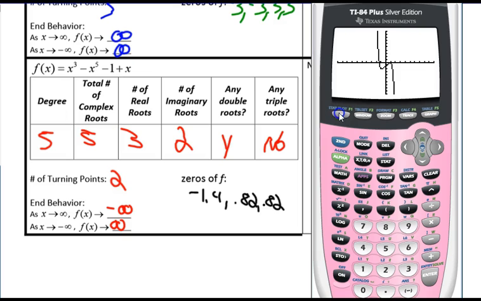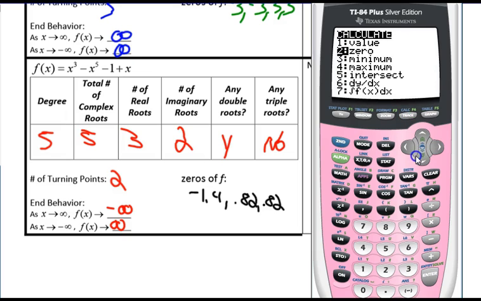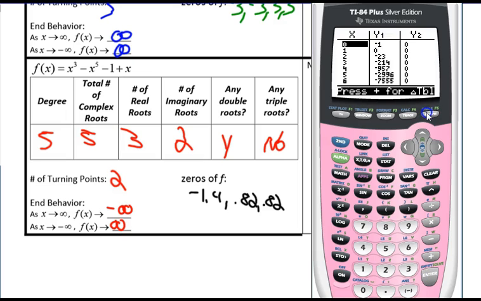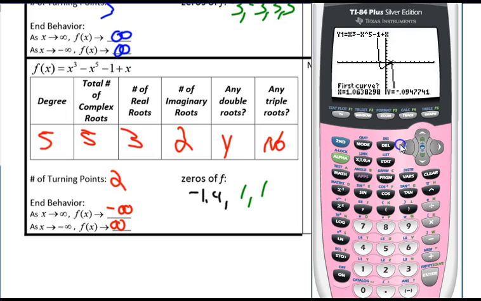Well, you could do the zeros or you could put into y equals. I'll do both ways. Y equals 0. And then I'm going to do the intersection. Okay, so I'm going to get close to where I think the intersection is. And then let's do the other one. It's 1 point. Well, I just rounded it up